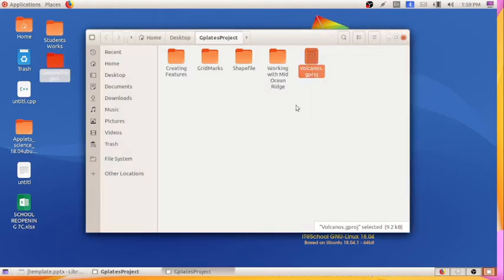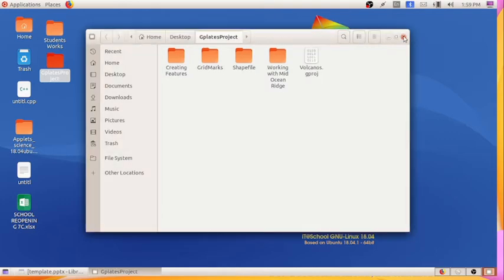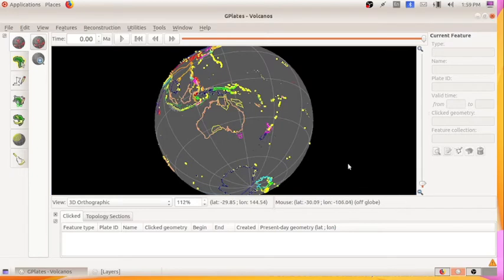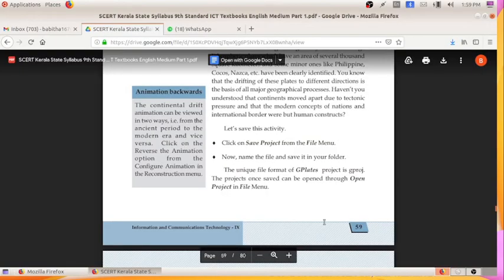First we have to open G-Plates project. From there we can open this project volcanoes.gproj. From the Project menu we can open that. Okay, so I hope it is clear to all of you. And if you want to see the details of the boundaries and volcanoes, that also we can do. So the steps for that is